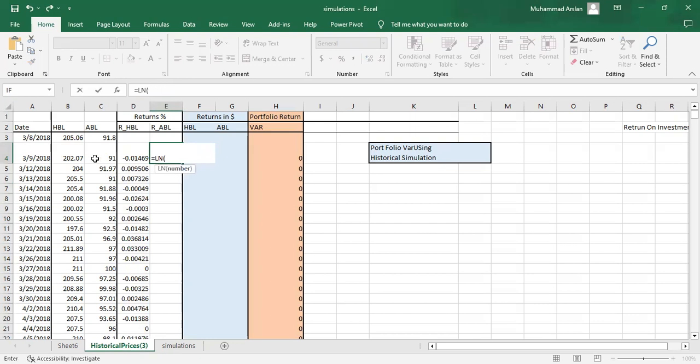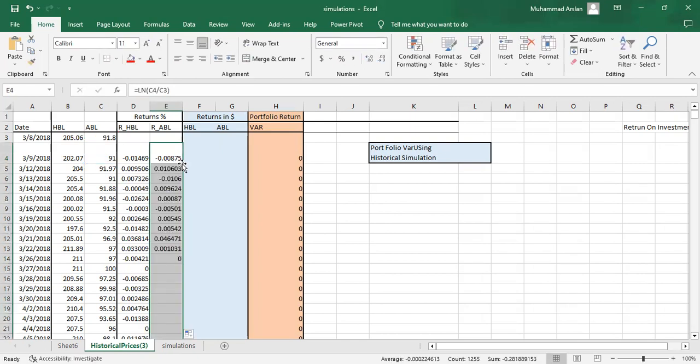Again, LN natural log of the ending value divided by the beginning value, and that's okay. So here we got the return in terms of percentage. Like on 9th of March 2018, the investment in HBL suffered 1.4% of loss,